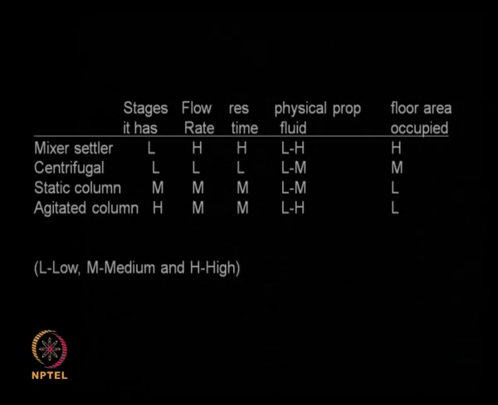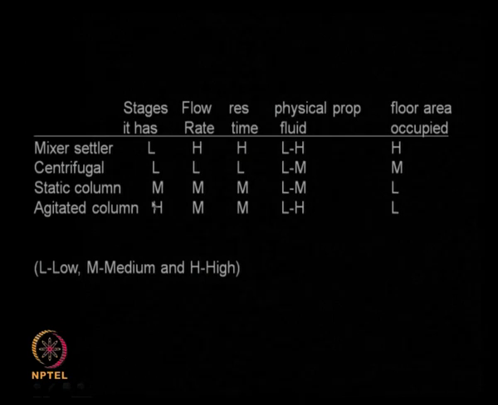Mixer settlers are very cheap, I just require 2 tanks, but they have a lot of disadvantages when compared to, say, an agitated column, where the design needs to be properly organized, but it has many advantages when compared to the mixer settler. Centrifugal also has a few advantages, but the number of stages is minimal. So I may have to have 2 or 3 different types of centrifuges